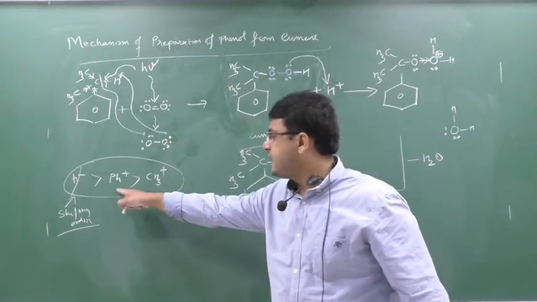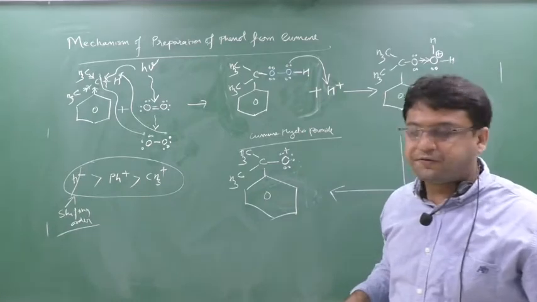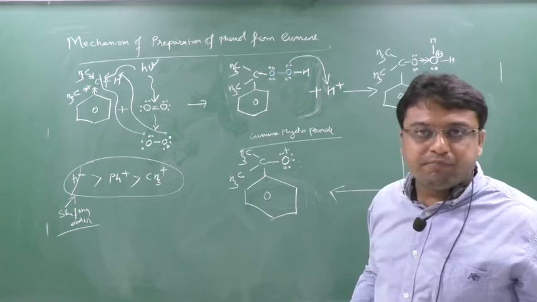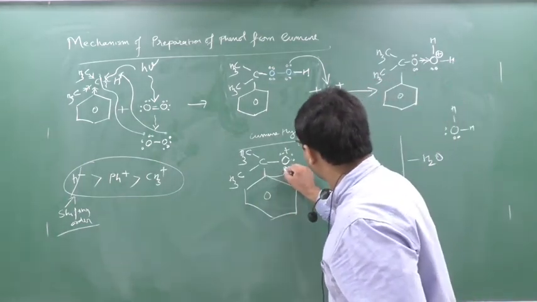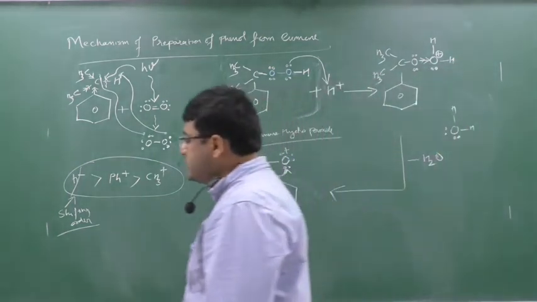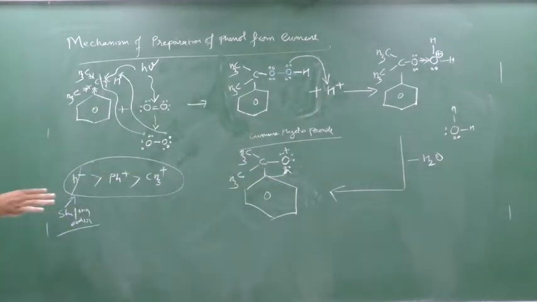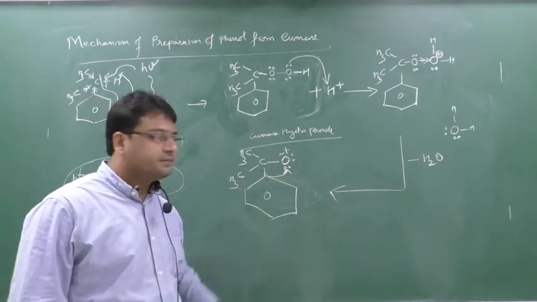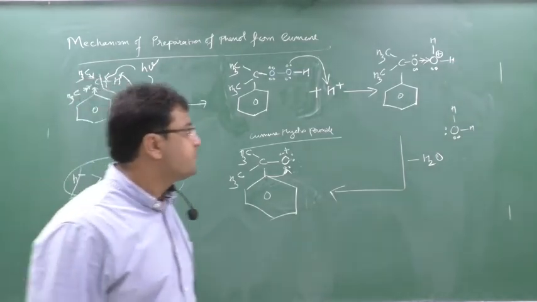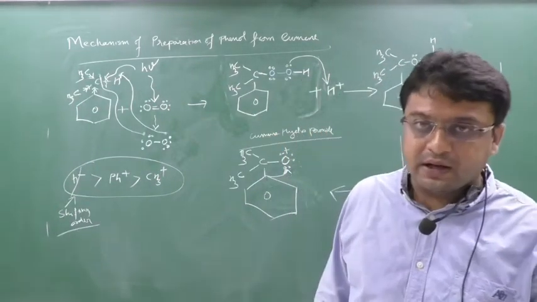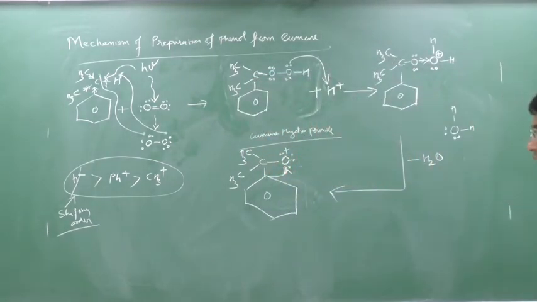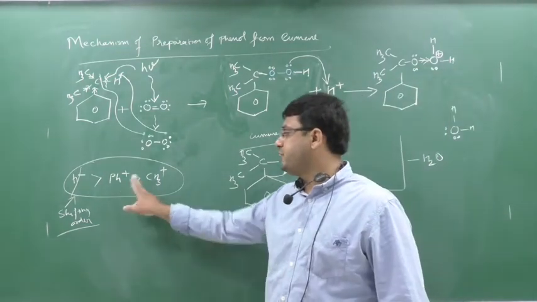So out of phenyl cation and CH3 plus, which is more stable to shift? Phenyl is more stable according to this series, so it will shift. Instead of a methyl shift, phenyl will shift here. Clear? So who will shift here? Phenyl will shift here. You can give this reason: according to this series, phenyl is more stable to shift than methyl. That's why the phenyl shifts there, not the methyl. Understanding or not? Why? Because phenyl is more stable to shift than the methyl.